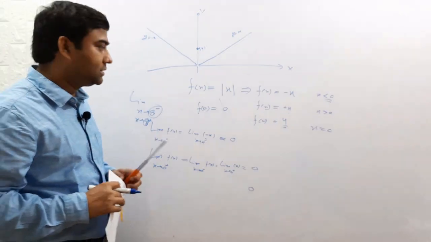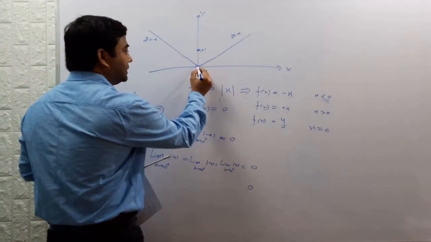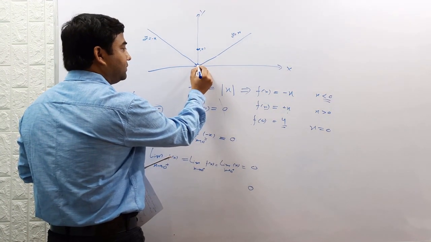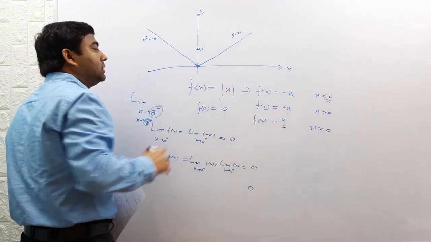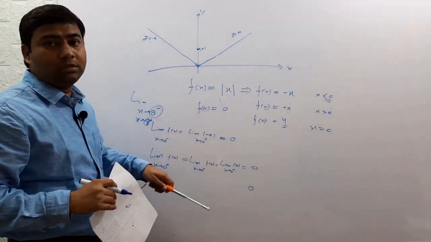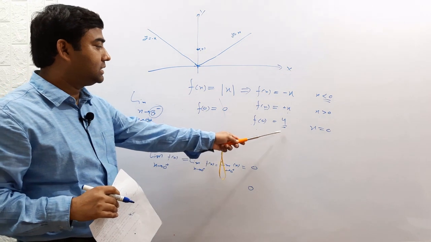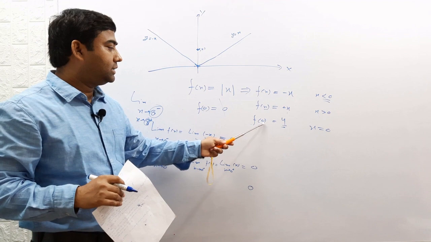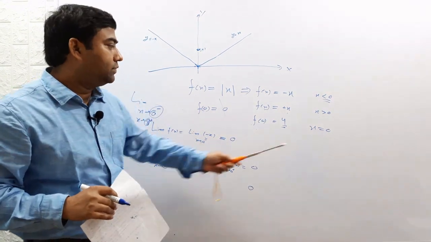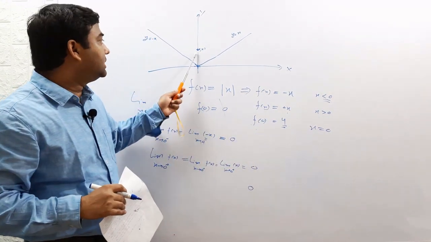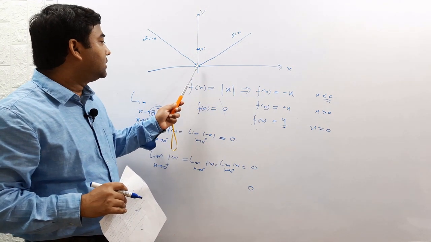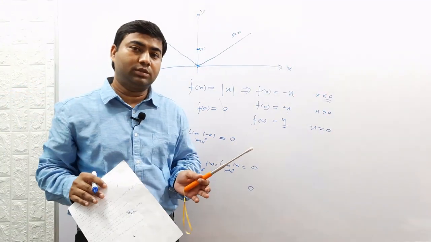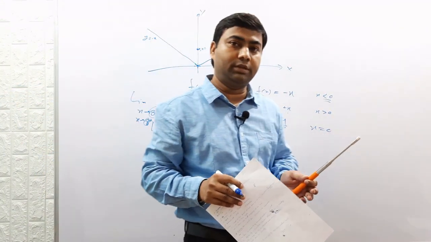As in the earlier case, when f(0) was equal to 0, this line was converging to 0, this line was converging to 0, and the function was itself converging to 0. Hence (0, 0) was a point on the function. But in this case, the function is clearly defined to take the value 4 at 0 value of the variable. So this single point is part of the function, and at the origin (0, 0) this function is discontinuous. So that is the meaning of continuity and discontinuity.